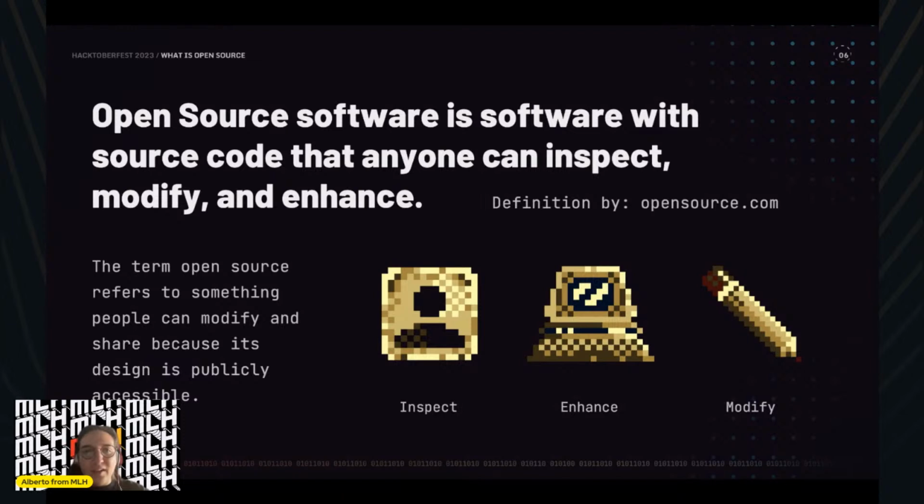So the term open source refers to things that people can modify and share because they are publicly accessible, right? The term originated in the context of software. I explicitly put two times here software, right? To designate the specific approach to computer programs. But today, the open source term designates a broader set of values. This is what I wanted to refer to when I was saying this framework, right? This mindset, this set of values that we call the open source way, right?